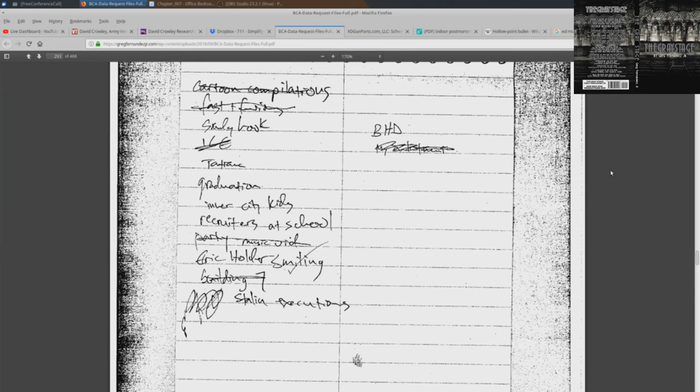So what I've been focusing on is what is not crossed out or scribbled out and what is. I don't know if those are things that have not been done. But the most interesting one to me is Building 7, because when I first learned about David Crowley, when I first learned about this case, the big thing I wanted to understand was his view on September 11th. And I still don't know.